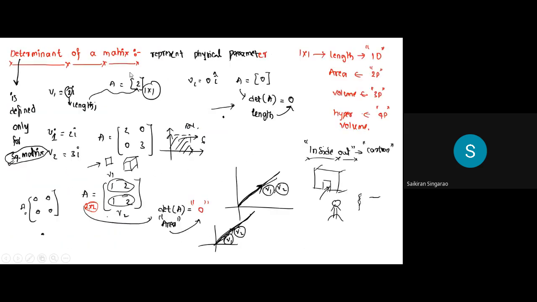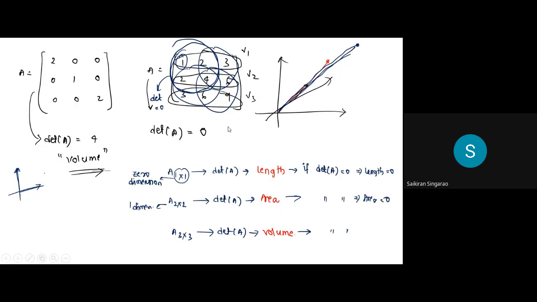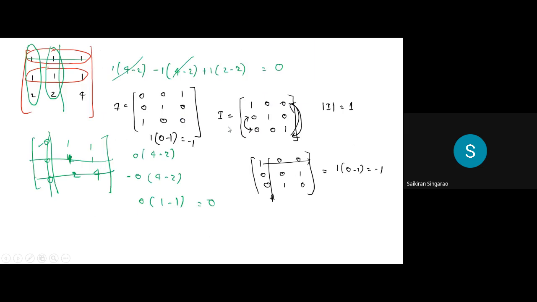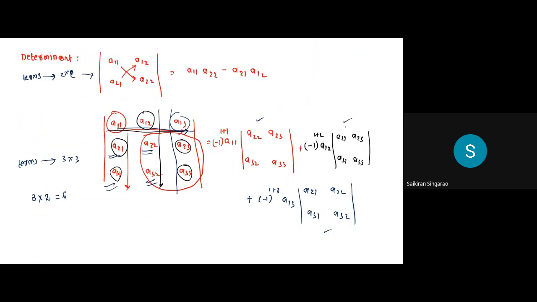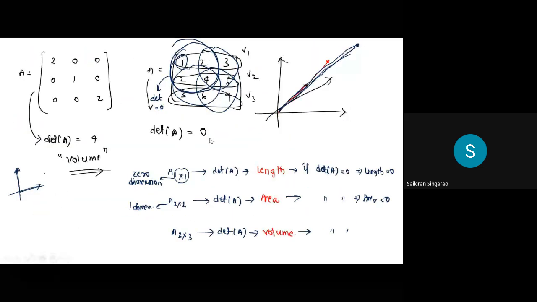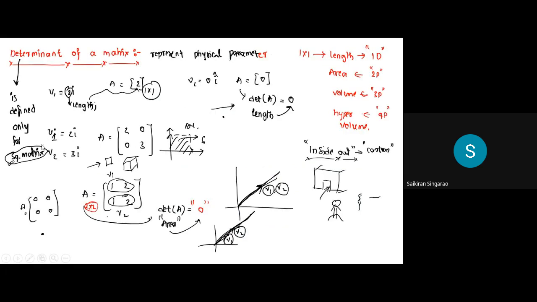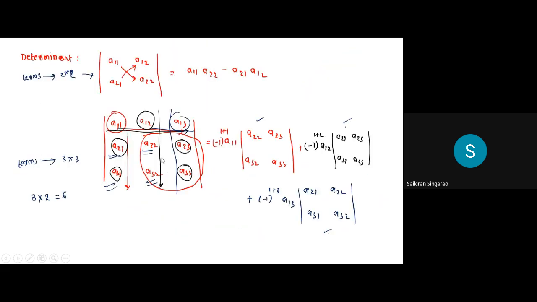Actually, the mathematics which we do in our engineering is actually very small. We will do eventually in terms of numericals, because we have to crack an exam. But the maths behind this linear algebra is very much fantastic. It has a lot to do with vectors, spans, and all those things, right?